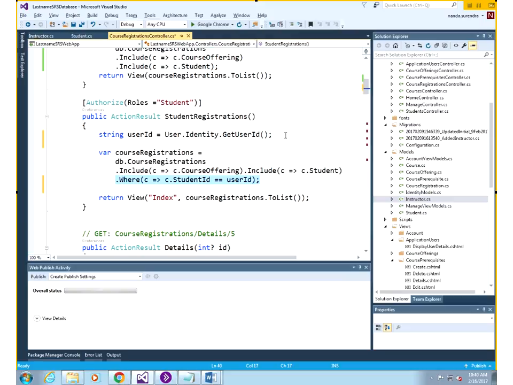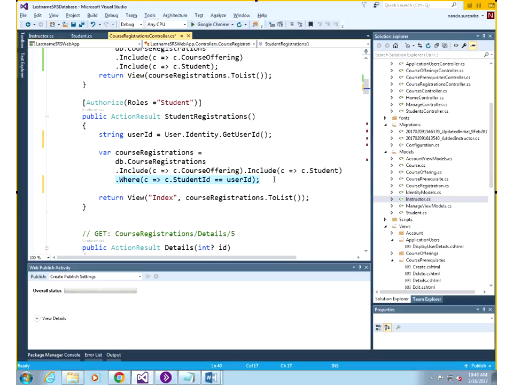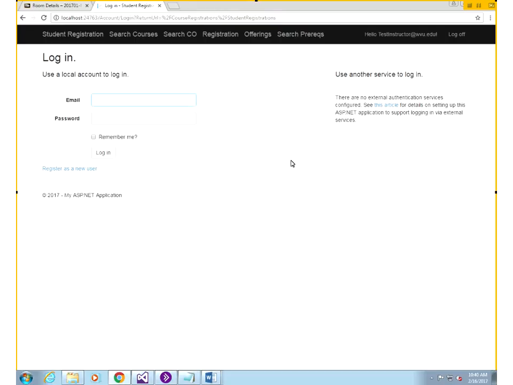In the where clause, if I take the instructor in the login, it will be the instructor's ID. So if I try to relate an instructor's ID, assuming the instructor has not been a student, it's going to return an empty set. That's why I'm forcing this to be a student's functionality. And if I log in as a test student,